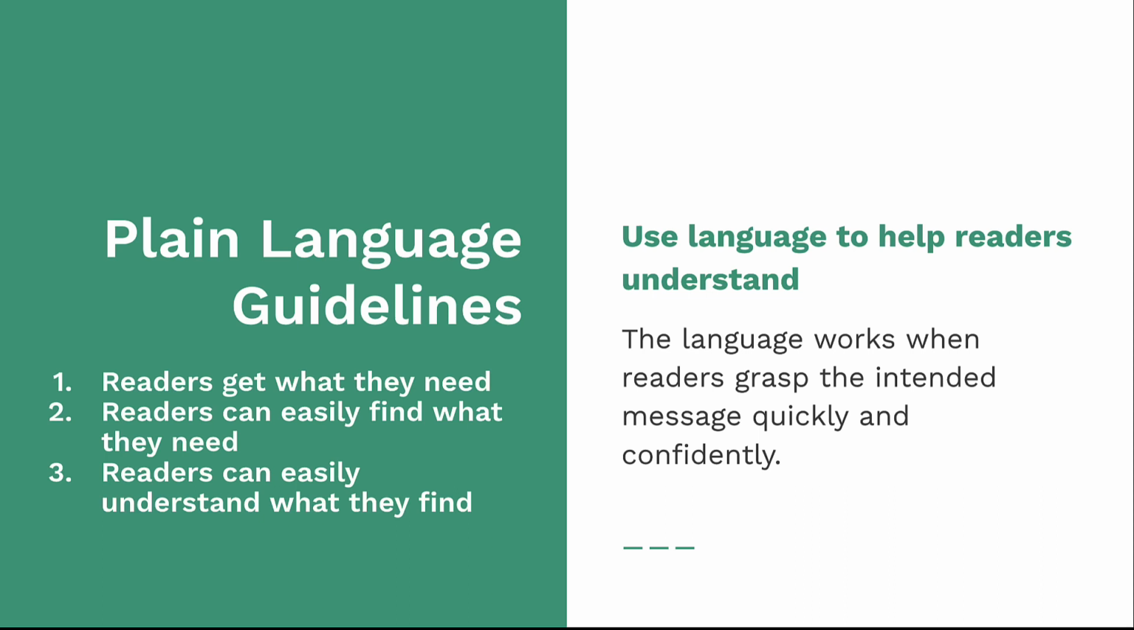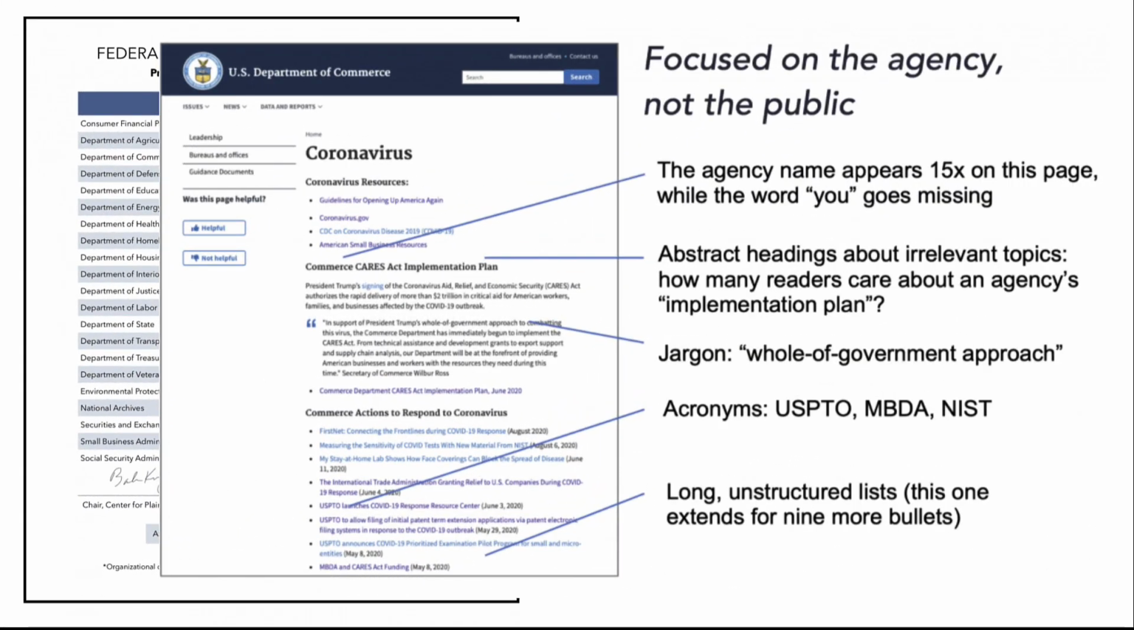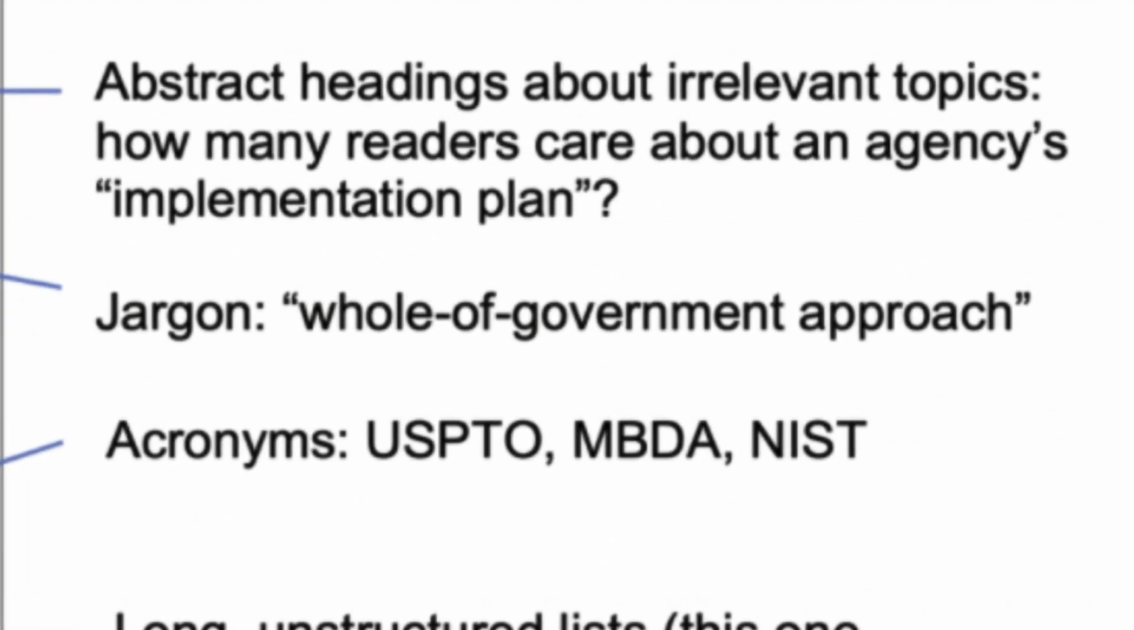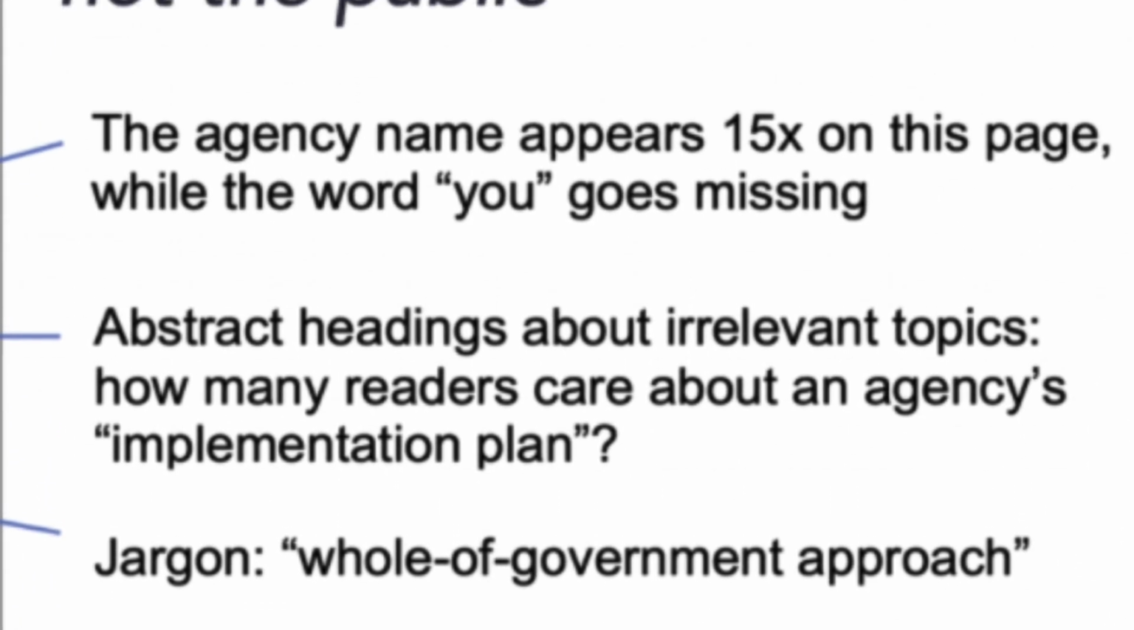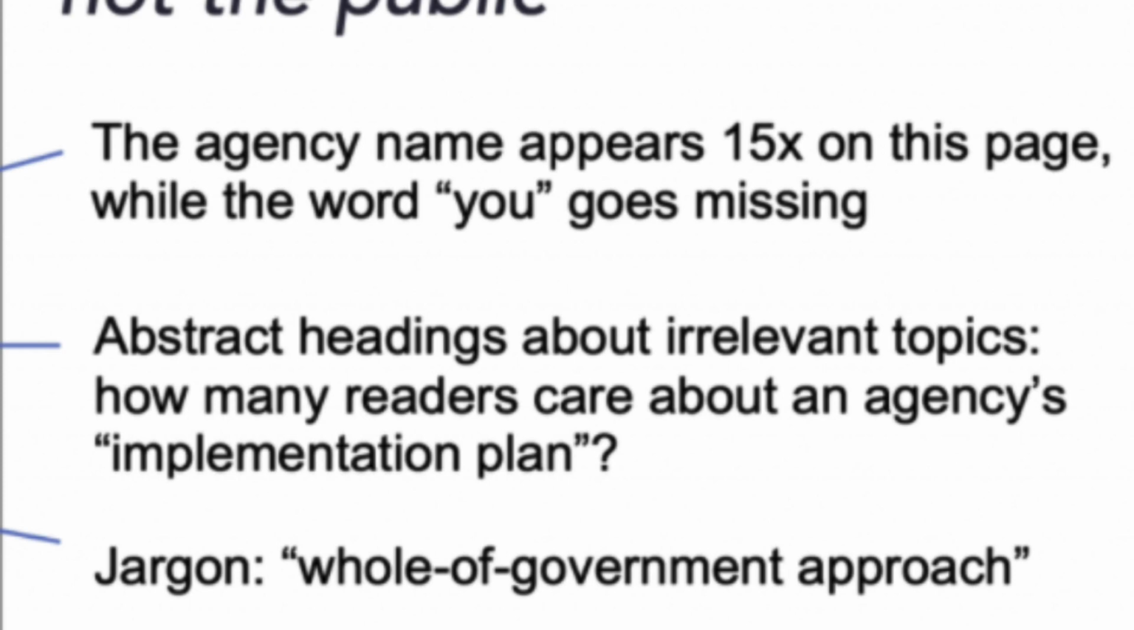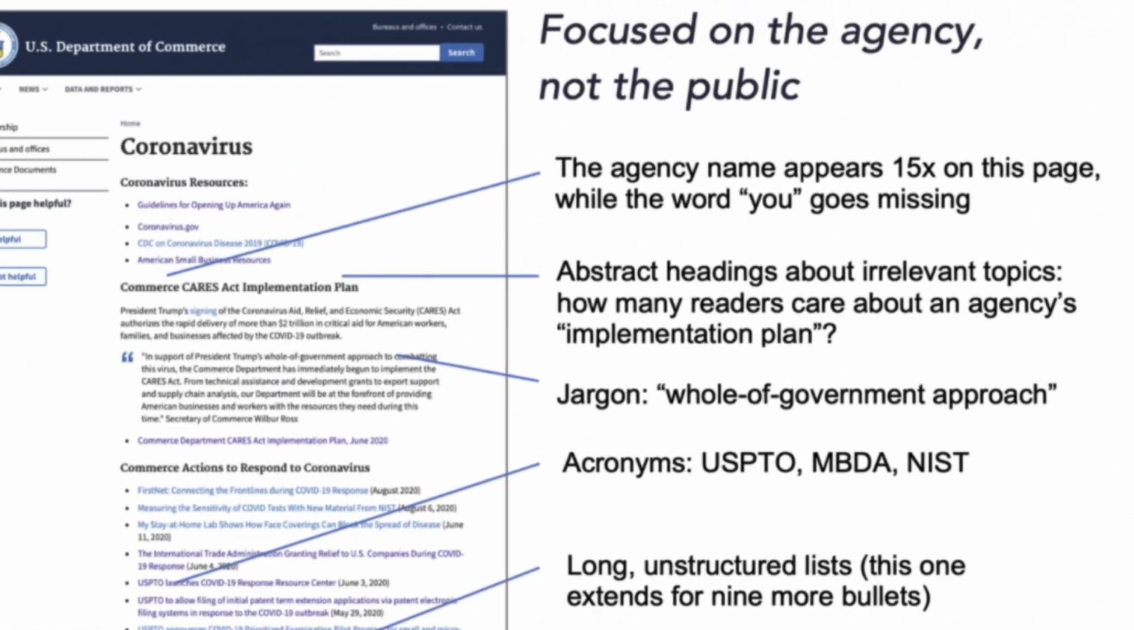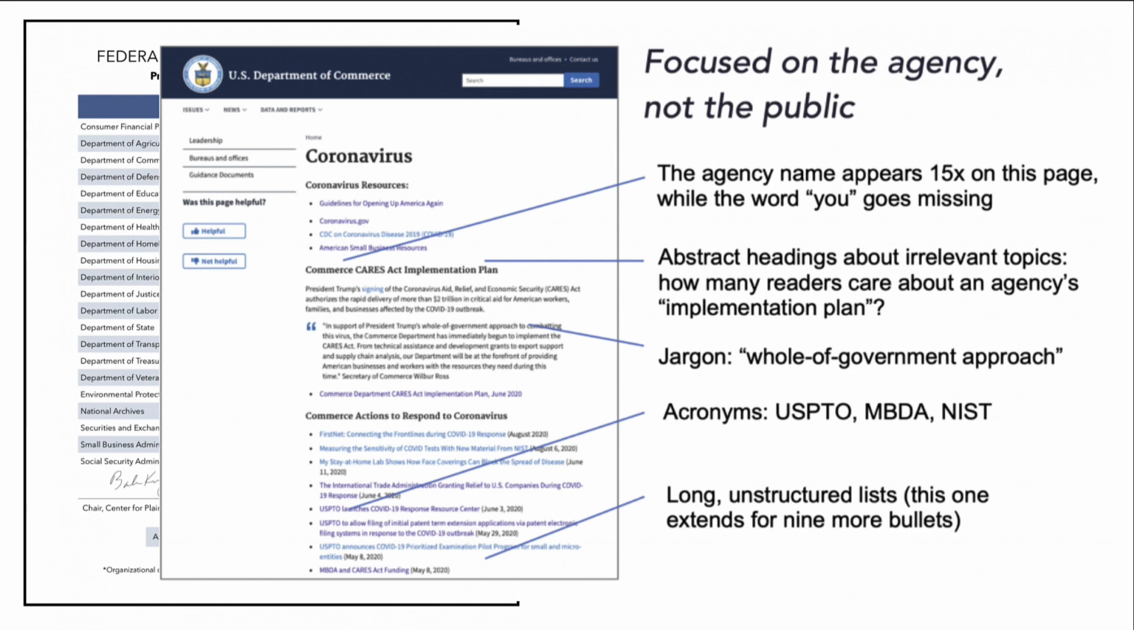The third guideline is that readers must easily understand what they find. So that means the language must be clear to the intended audience. The comments from center judges about this page is that the jargon and acronyms will not be understood by readers. Just as important, the writer never addresses the audience directly by using "you." All of this gives us more evidence that it won't be easy for the audience to understand what they find